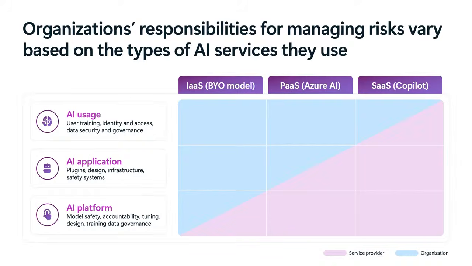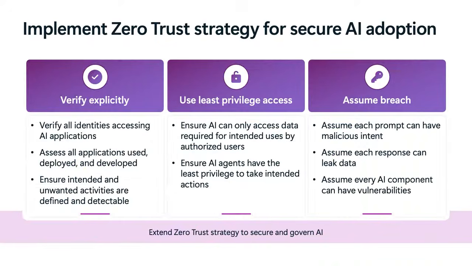With IaaS, where you bring your own model and almost everything else, model safety, tuning, data governance, and application security will be your responsibility. Microsoft will provide the infrastructure security foundation. So across these, it's very important to be aware of what you are responsible for and what Microsoft is responsible for. And this leads us to Zero Trust, which is not a new model, but applying it to AI requires